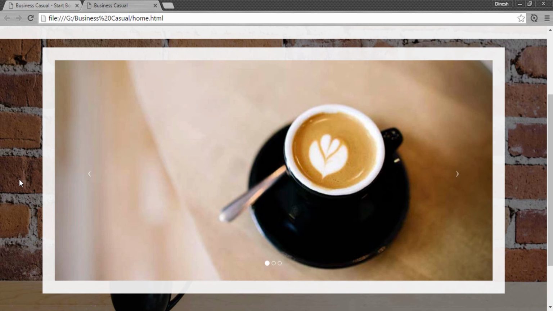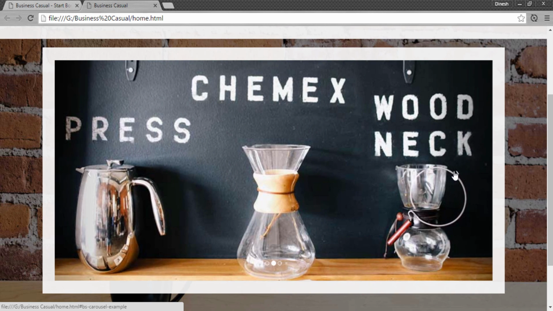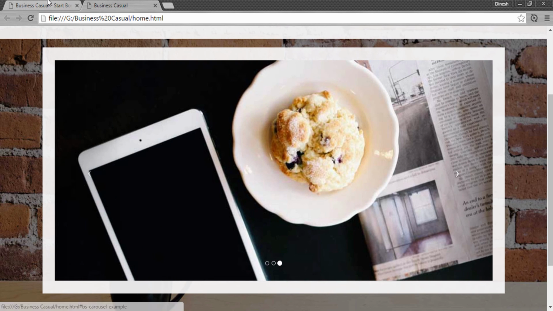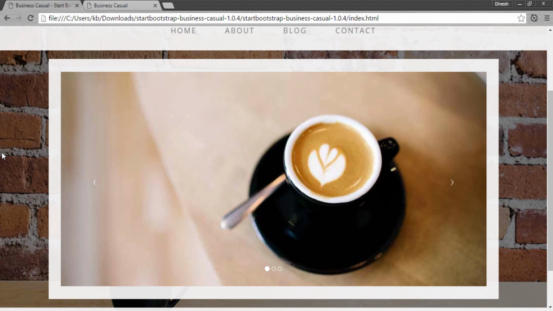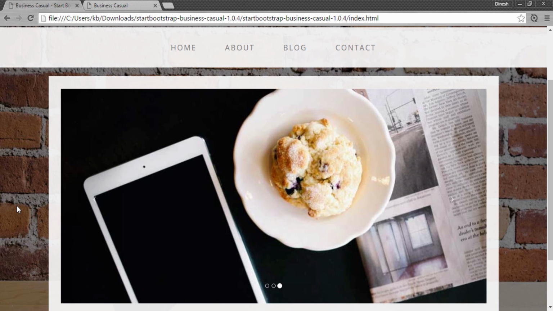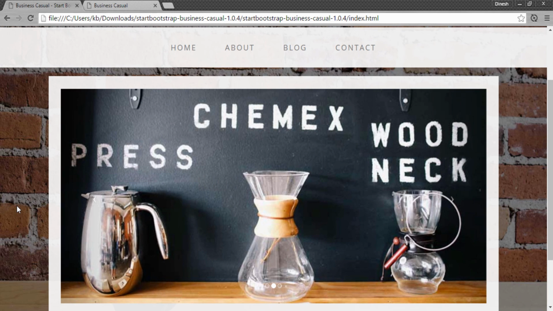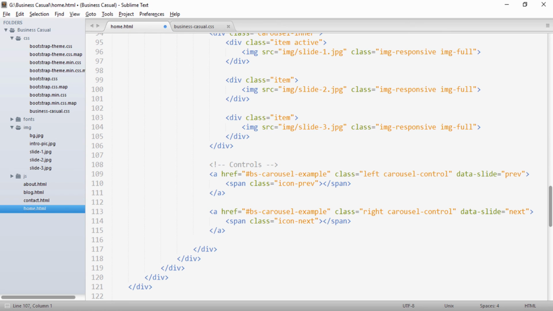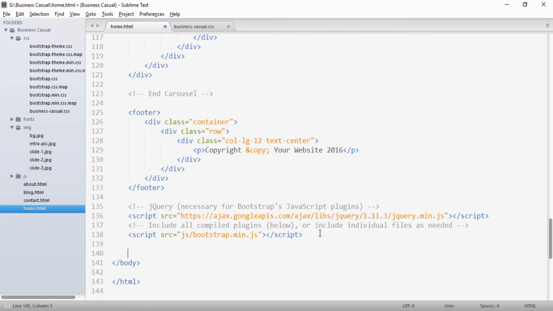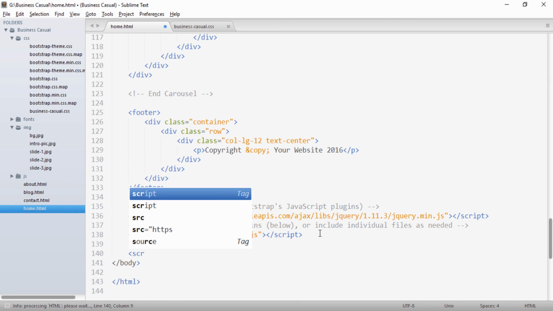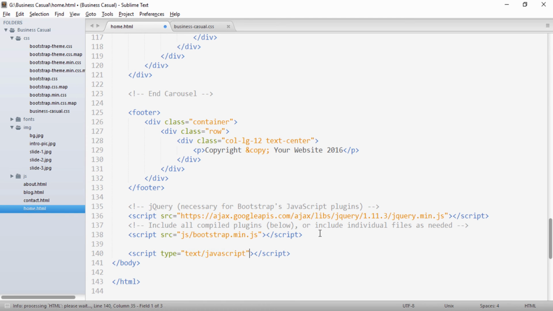So now one last thing remains, which is to provide a script to activate this carousel so that it can slide the image on its own. If I show you the original site, you can see the carousel provides 5 seconds to each slide. So after 5 seconds the slide changes. So in order to do this, into our HTML, just below our bootstrap script, we'll create our own script. So I'll just create a script here.